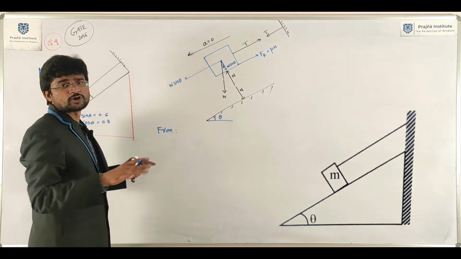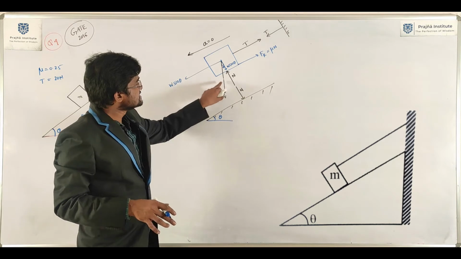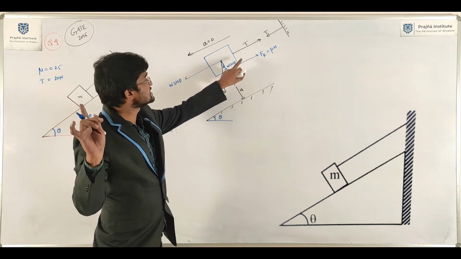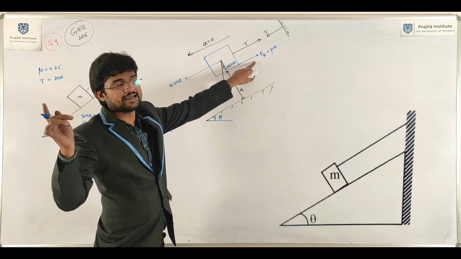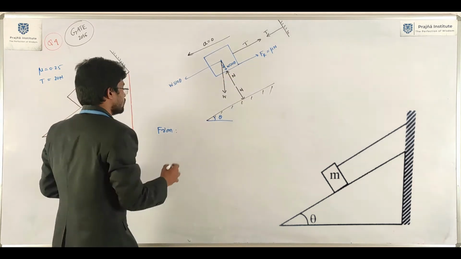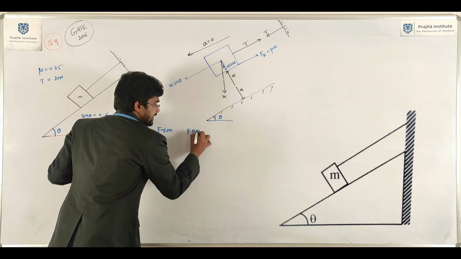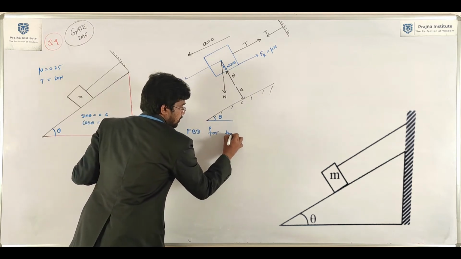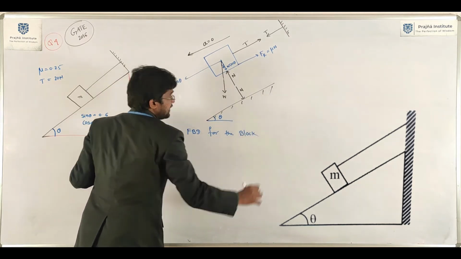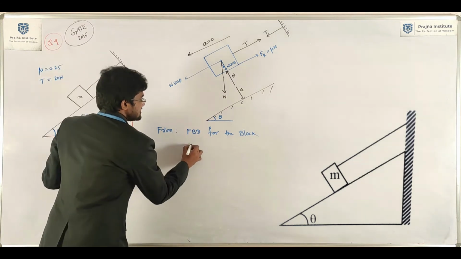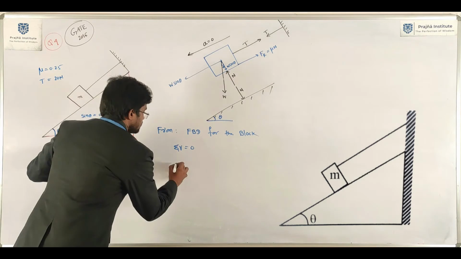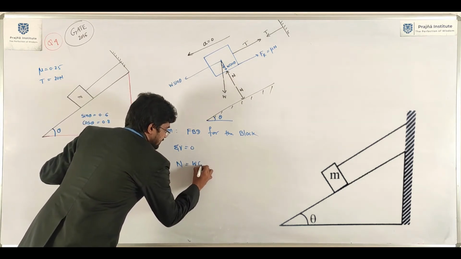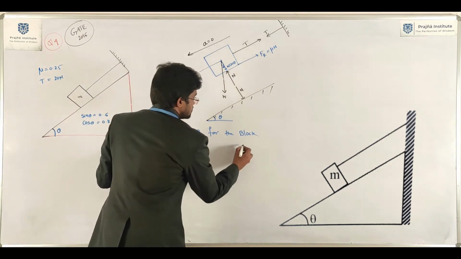So all the statements are over. First statement, second and fifth statement. Second statement is this. Third and fifth statement, fourth statement. Inertia force equals 0. Now, from the FBD for the block, here sigma V equals 0. That means N equals W cos theta.